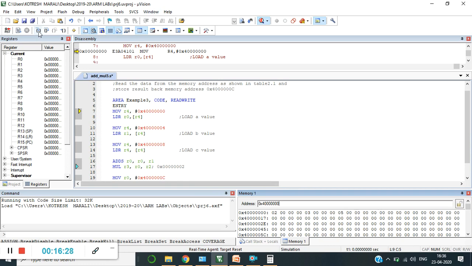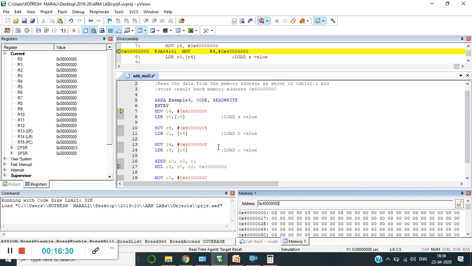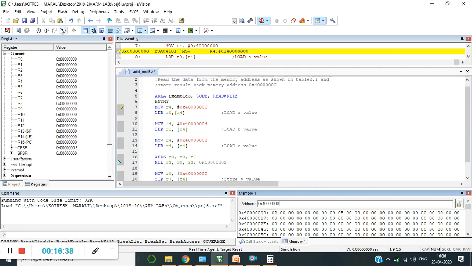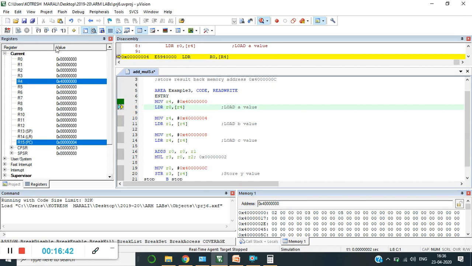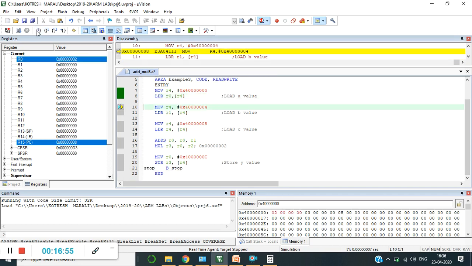Go for step-by-step execution to see whether my program is correct or wrong logically. Now R4 got 400, this is my address, and the content of this is 02, which must be loaded to the R0 register. Now you can observe that R0 will receive 02.